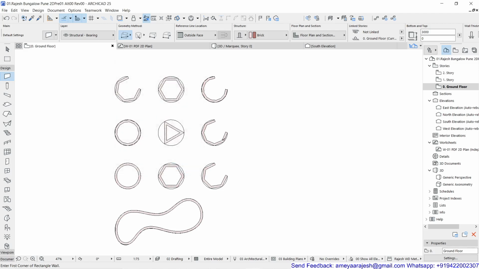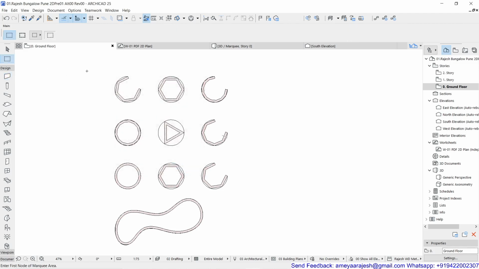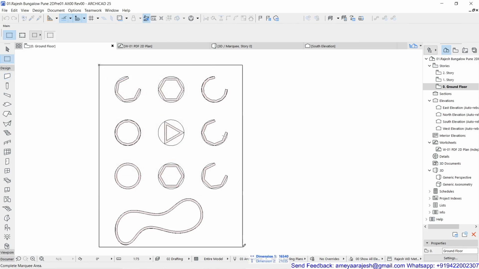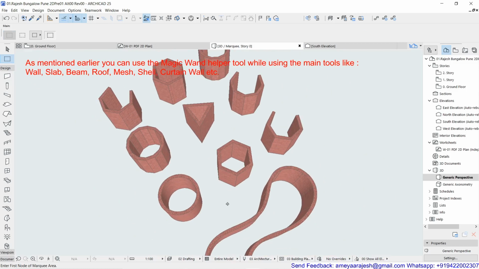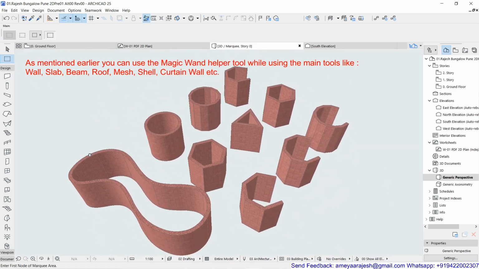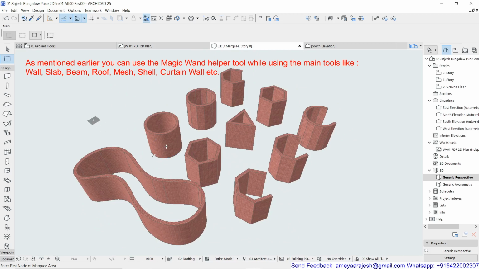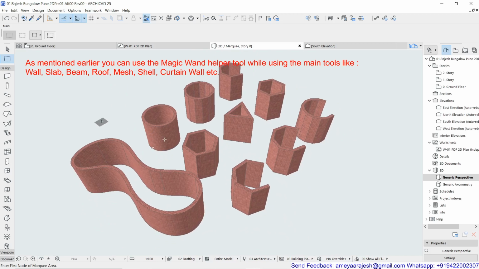So I hope now you have understood how this entire topic is helpful and interesting. Please try to use them and create some interesting shapes or objects, and try to get familiar with the Magic Wand. The interesting part is just to hold the space bar, that's it, and you will get the Magic Wand in your hand.